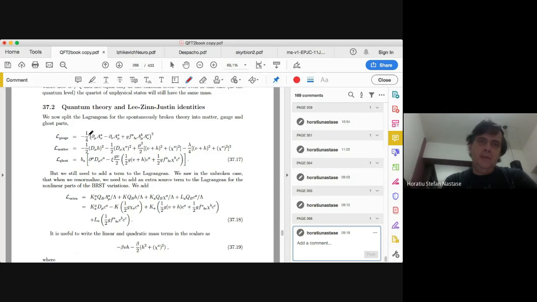So -1/4 (∂_μ A_ν^a - ∂_ν A_μ^a + g f^{abc} A_μ^b A_ν^c) squared. Then there's the matter part. So the -1/2 covariant derivative of phi squared minus the potential. And as we saw before, this was -1/2 covariant derivative of h squared, -1/2 covariant derivative of chi^a squared, plus